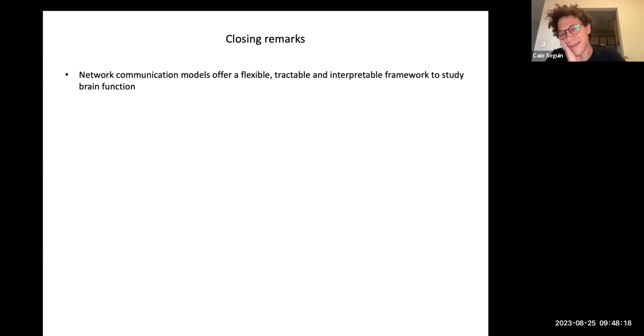So I hope I at least convince you a tiny little bit that these models, even though they are so simple and kind of stylized conceptualizations of what might be happening, are very flexible in that they can model different things. They can model resting state activity. They can model propagation of stimulation. They can model deactivation of regions. They're very tractable because they are analytical transformations of a structural connectivity matrix. They're super fast to compute. And I think that they offer a nice interpretation of how the underlying structural topology might be related to a certain process of interest.